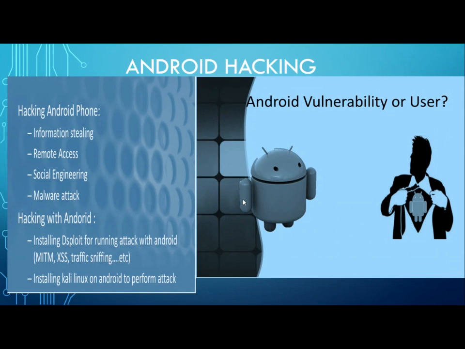And we also have some tools for it, which can be installed, and we can gather the information and use it for any attack. As this is for educational purposes, it's not to harm anyone, or to do any attack over the internet.